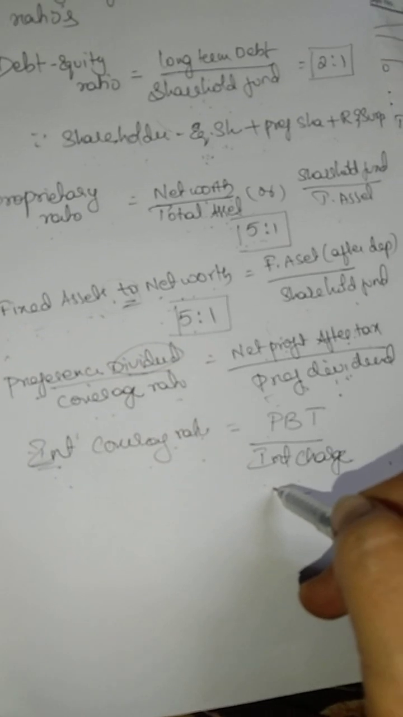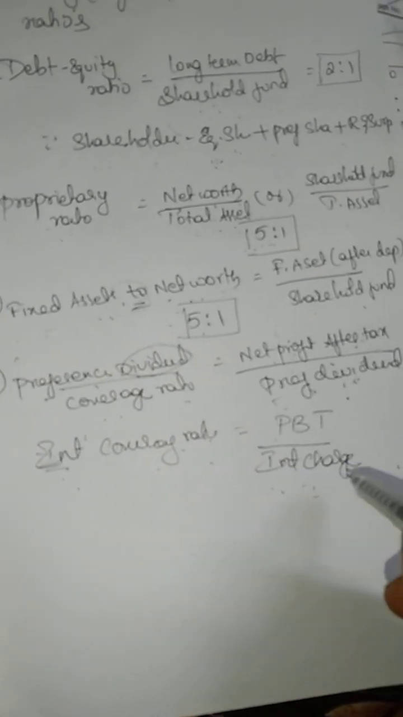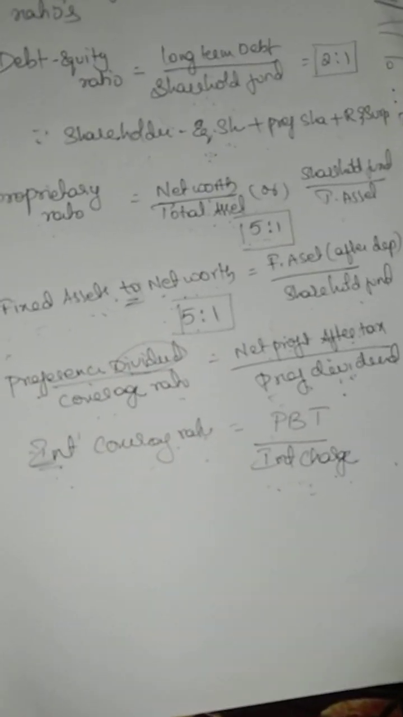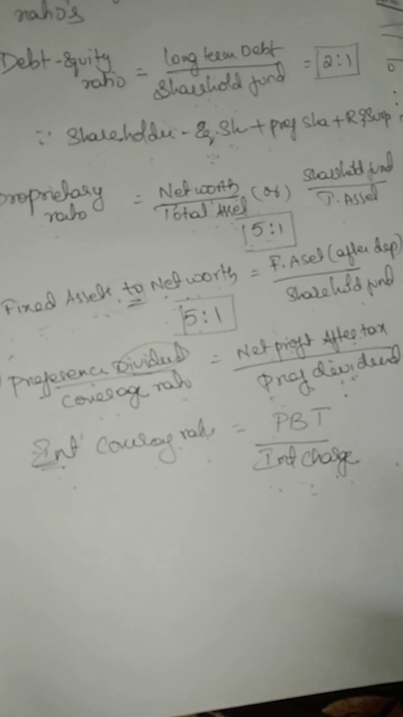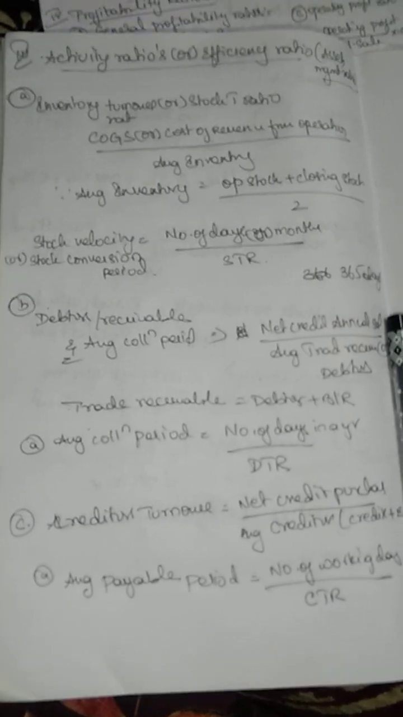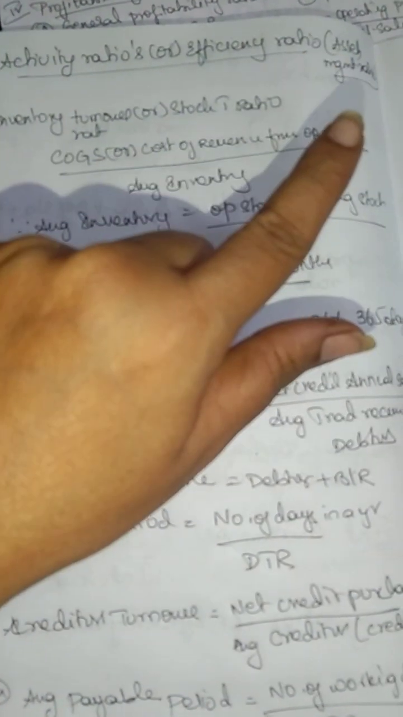Now for example, we are having debentures of 5 lakhs and 8 percent is the interest we are paying. So 8% of 5 lakhs will be 40,000. So that 40,000 we are going to take it here. Is this fine, ma'am? The next, third category of this one is called activity ratio or efficiency ratio or